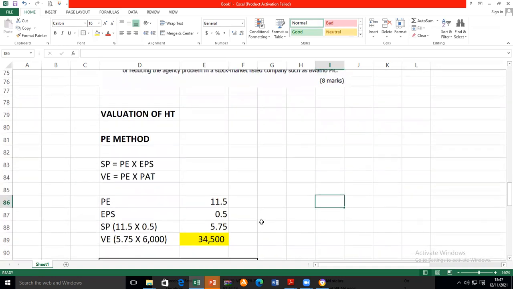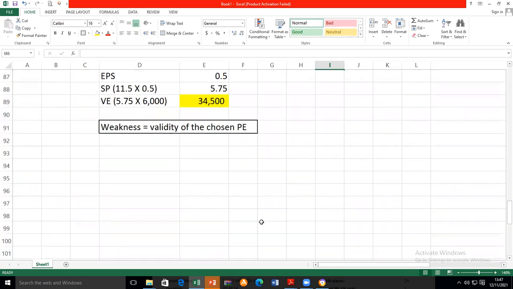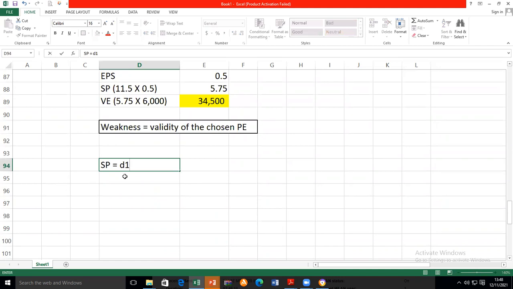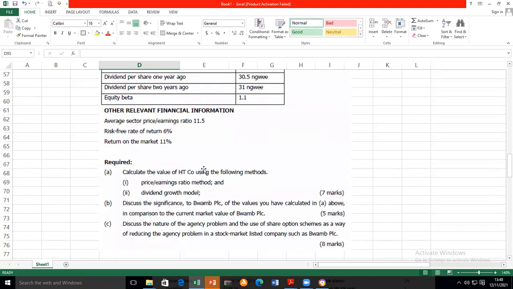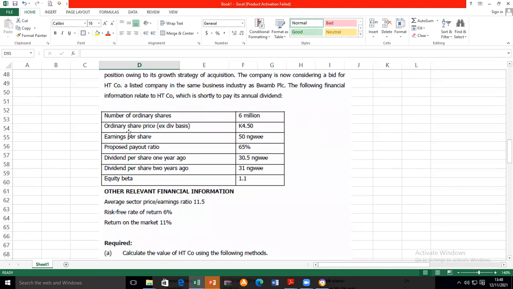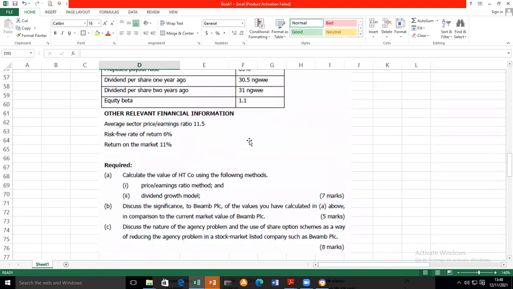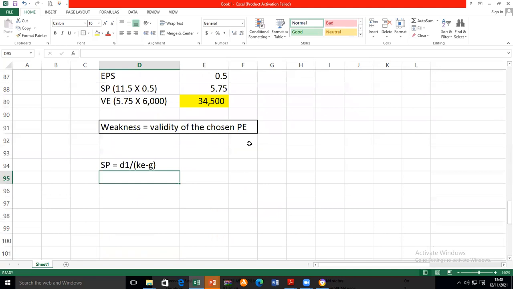Next, dividend growth model. Share price equals D1 over (Ke minus g). Let's go. Current dividend. What's the current dividend? 65% of 50 ngwe. So the current dividend equals 65% multiplied by